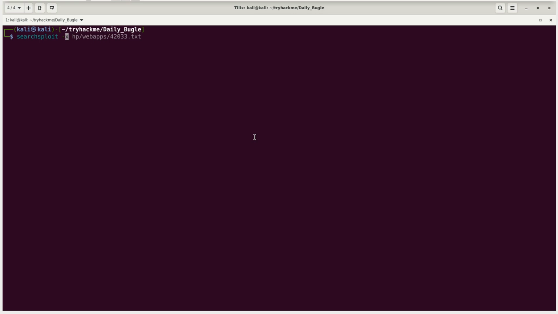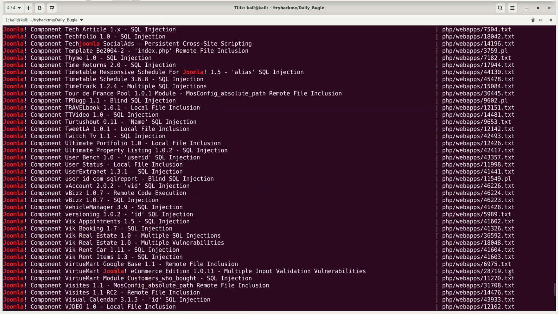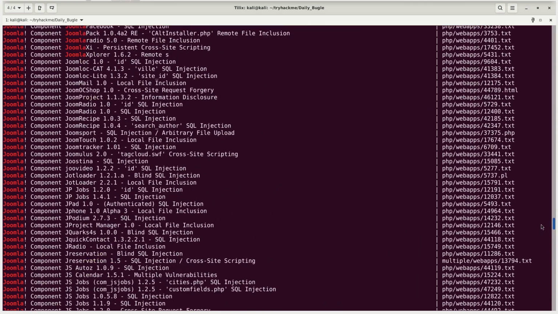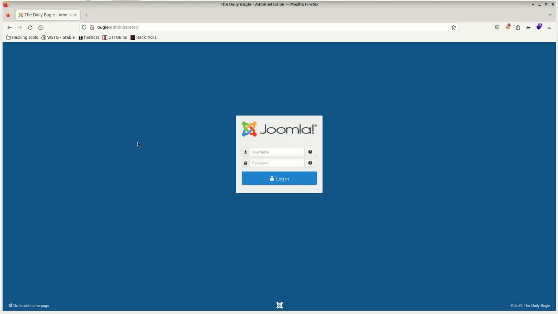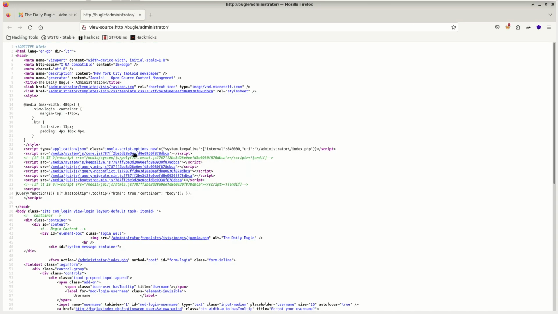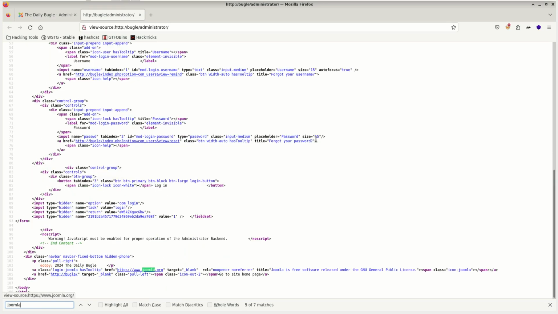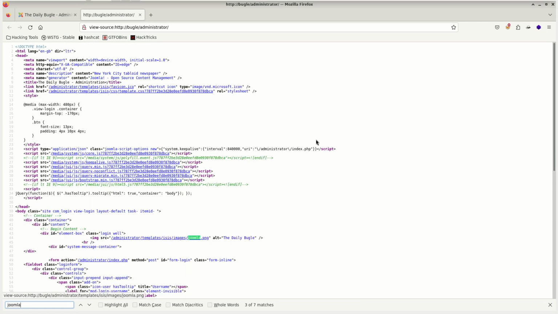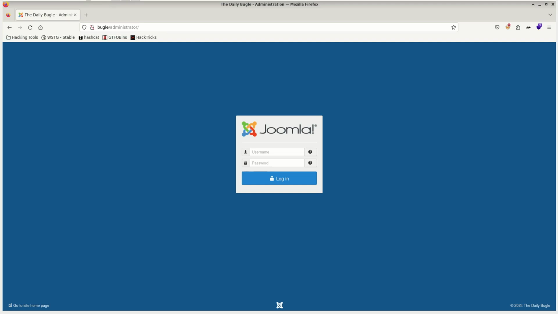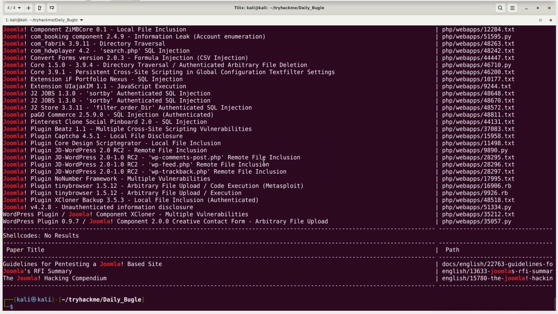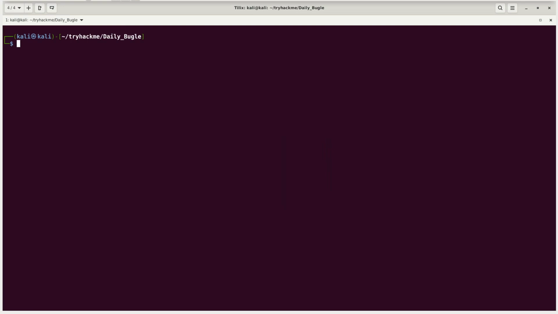Searchsploit Joomla. And if we just type in Joomla, we see that there are a whole bunch, so we really need to try and narrow that down. We'll take a quick look here and see if we can find a quick win with the version, but we will not see one. And instead, I'll show you 2 different ways. We're going to use a tool called